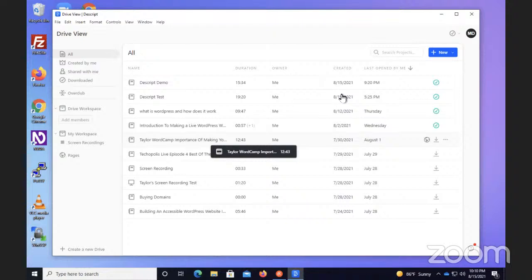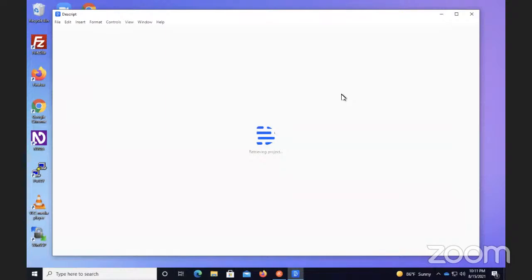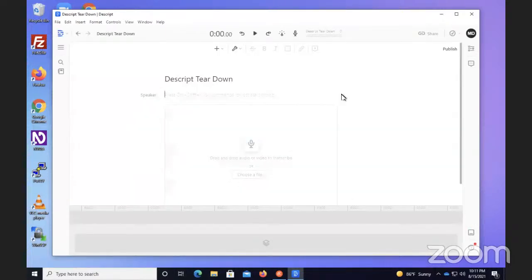I'm going to press Control-Shift-N to add a new project. Dialog, untitled project edit blank. Descript teardown. I'm going to press Enter. Retrieving project. Project transcript edit blank. Project transcript. So that's where I get put when I first enter the transcript area for Descript. I'm going to press Escape, and then I'm going to press